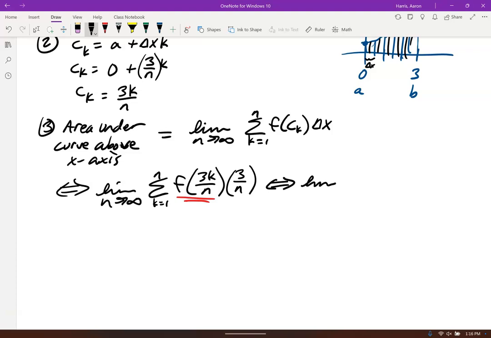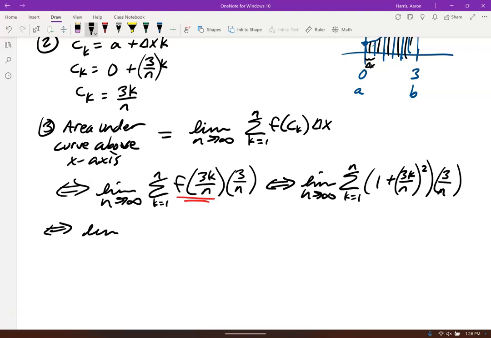So we've got limit as n goes to infinity of, 3k over n goes in for x. So I get 1 plus 3k over n squared. That's the 1 plus x squared. Delta x is the 3 over n, k being 1 to n. So limit as n goes to infinity, we've got 1 plus,